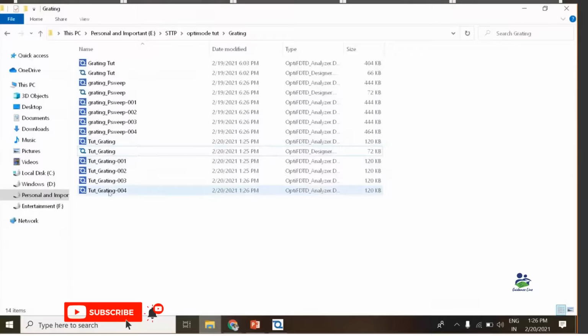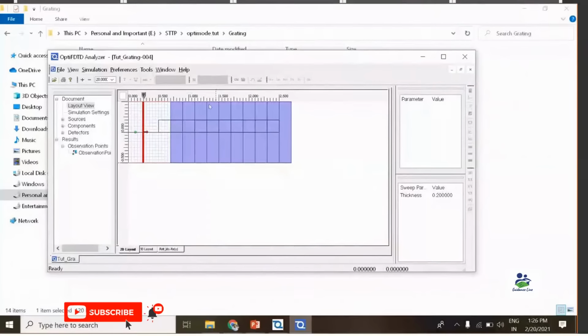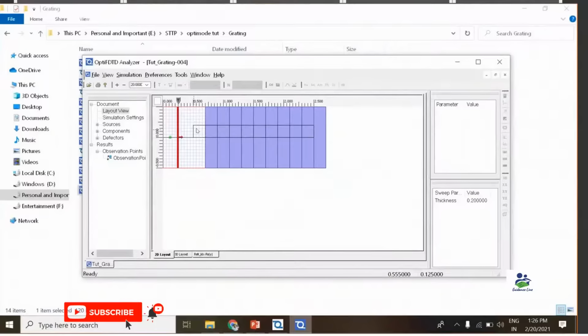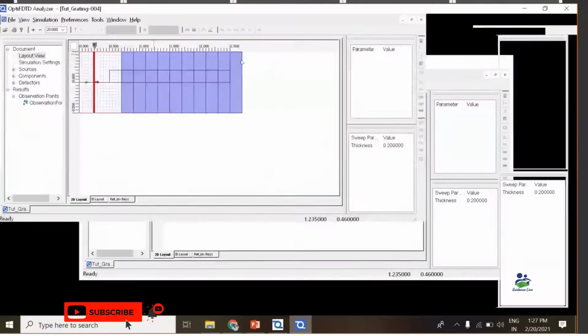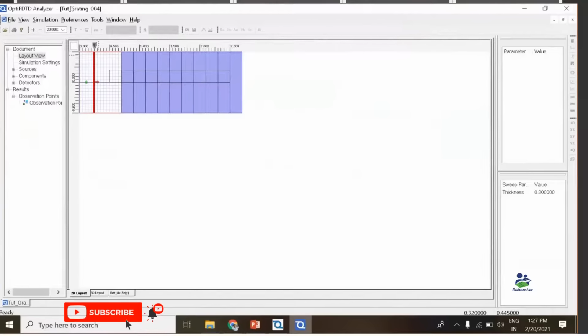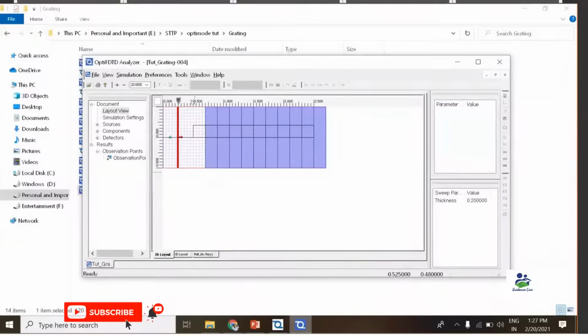So I have to click and open the last analyzer window so that all the results can be viewed over here. I mean to say, for visualization of all the previous analyzer windows, we can check the result at the last window. So you can see I have run a simulation for 0.1 to 0.2. Okay, so this is the last simulation. That's why it is not showing any space in between the gratings, because the thickness is 0.2 and the periodicity is also 0.2. That's why it is only showing a linear waveguide type of structure.